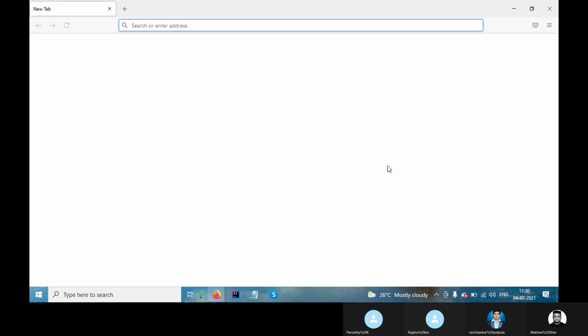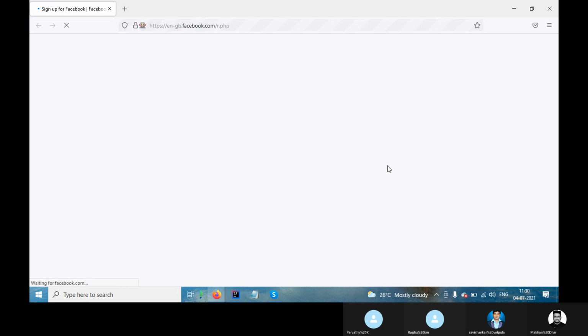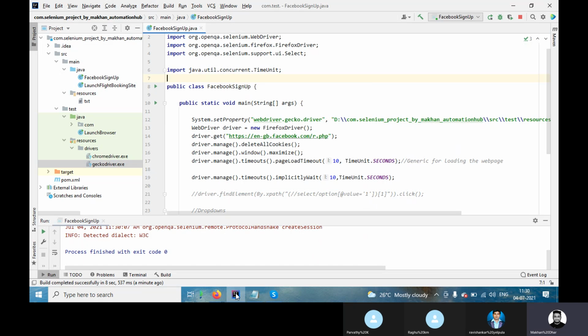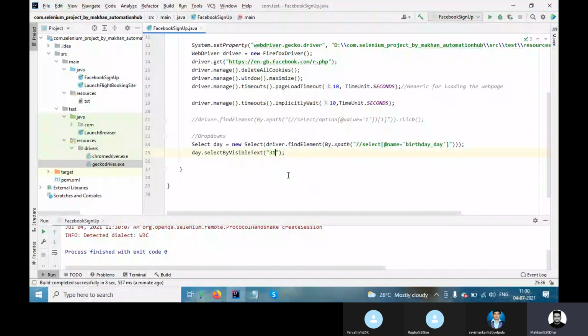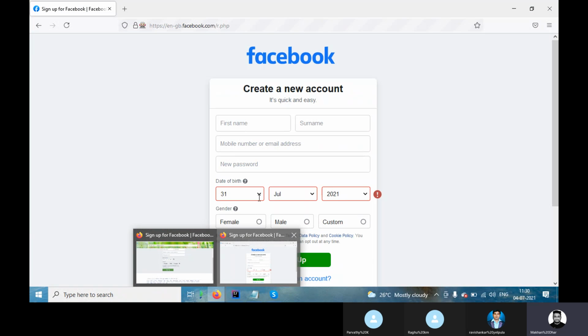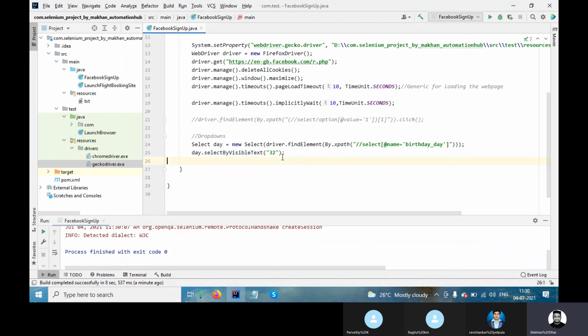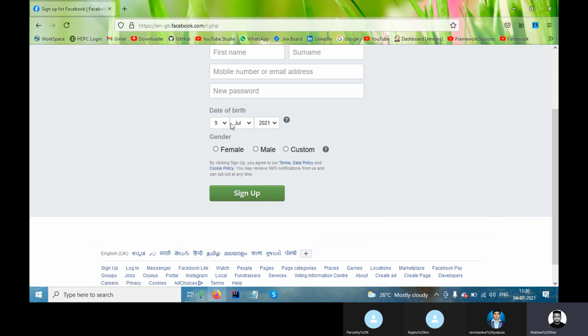So it's open. It's loading. Now by default we are seeing 3, right? Now you can see it makes 31st. Okay, for example, 31st you don't want. One more thing: if you want to put some unrealistic value which is not present, obviously this will not work. After 31 there is no date. So if I'm putting 32 it will obviously not work. So instead of that I want 2. Suppose I want 2.